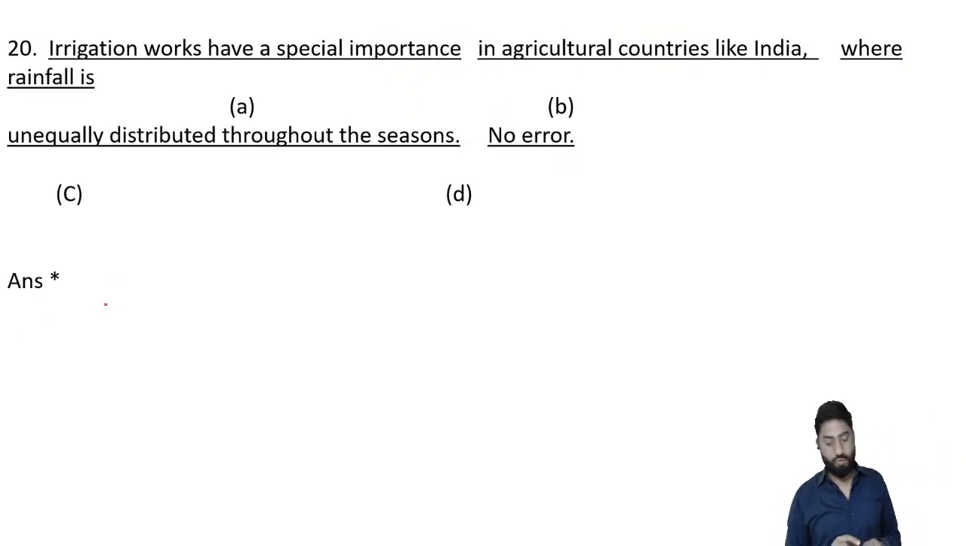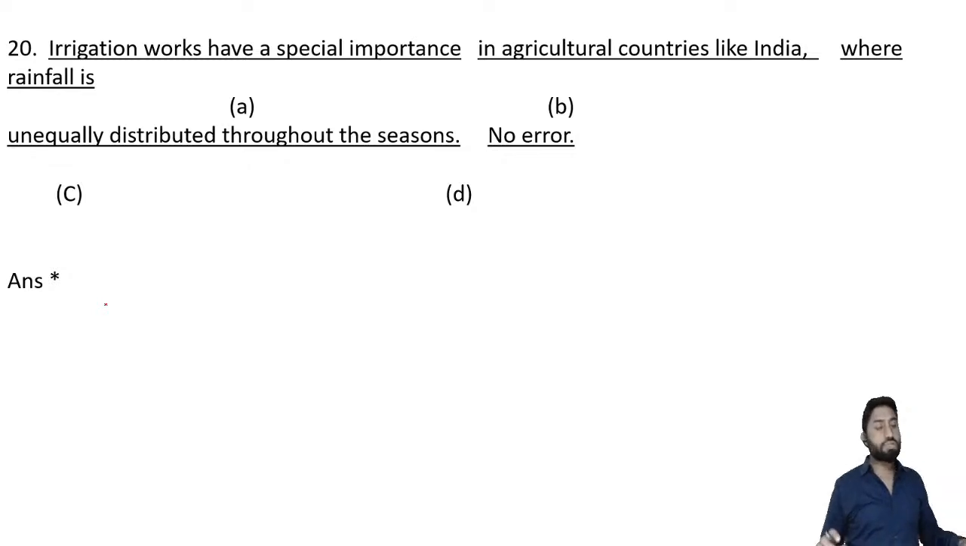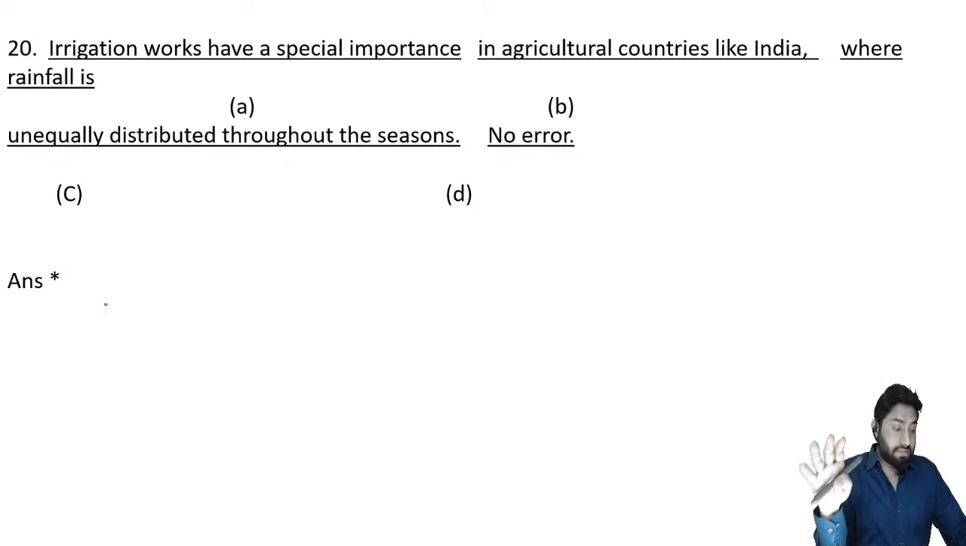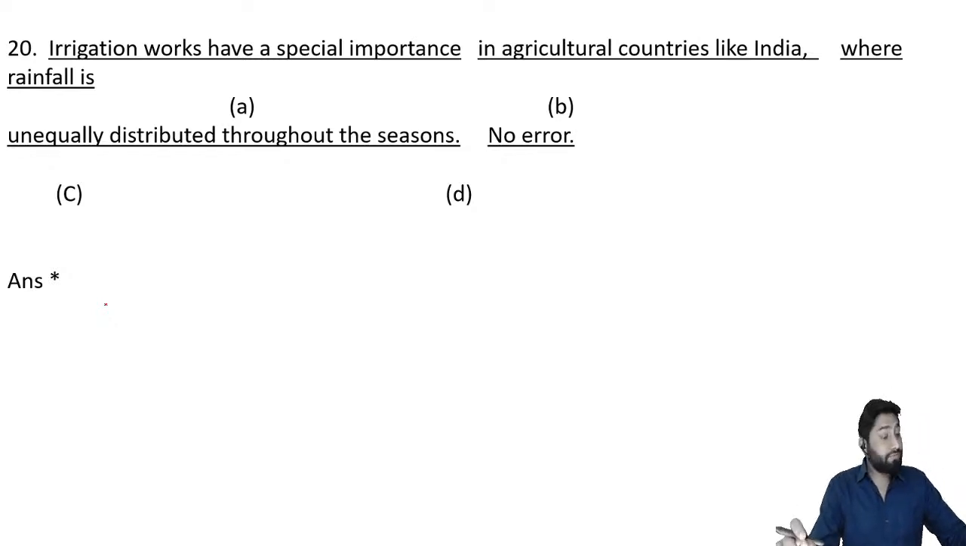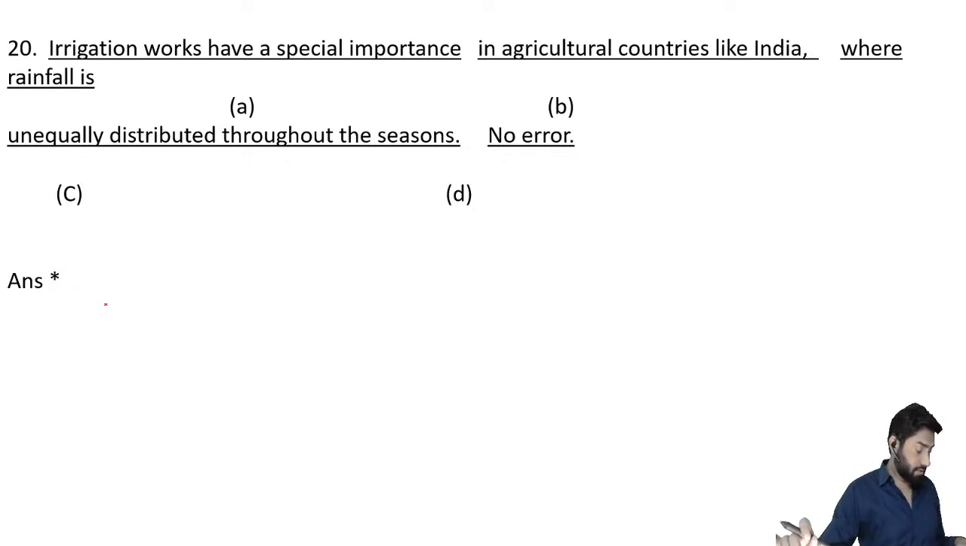Now next, 20th. The irrigation works have a special importance in agricultural countries like India, where rainfall is unequally distributed throughout the seasons. Right? So irrigation works have a special importance in agricultural countries like India, where the rainfall is unequally distributed throughout the seasons. So what do you mark? You can keep answering there, right? Anyway,